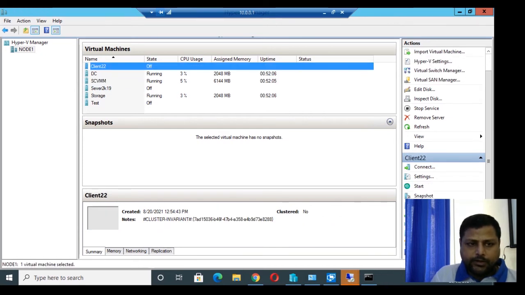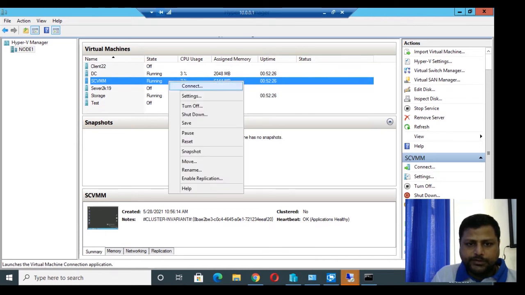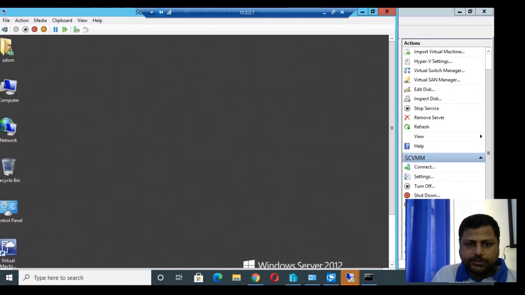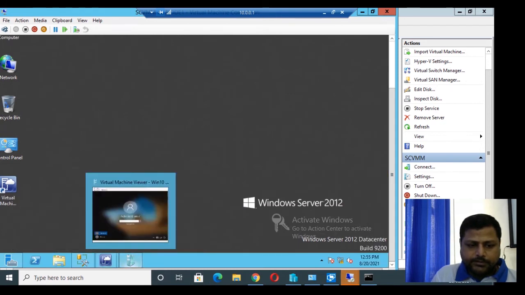And now from the cloud structure we can also connect to this client 22 that we have created. We have already created one system as per the template, that is the template of the virtual machine, and we have created one client 22. Now we are going to migrate this system. So we'll move to the SCVMM system that is in the cloud structure.